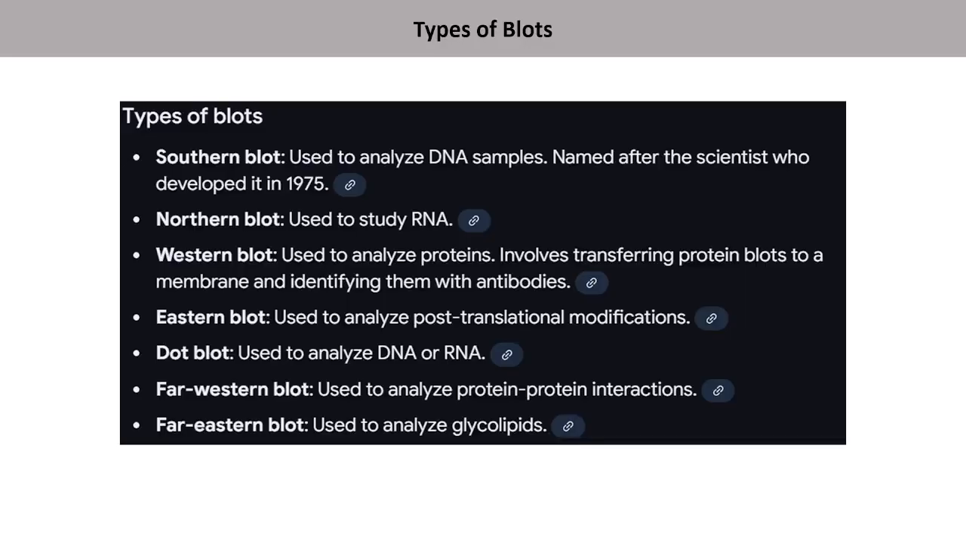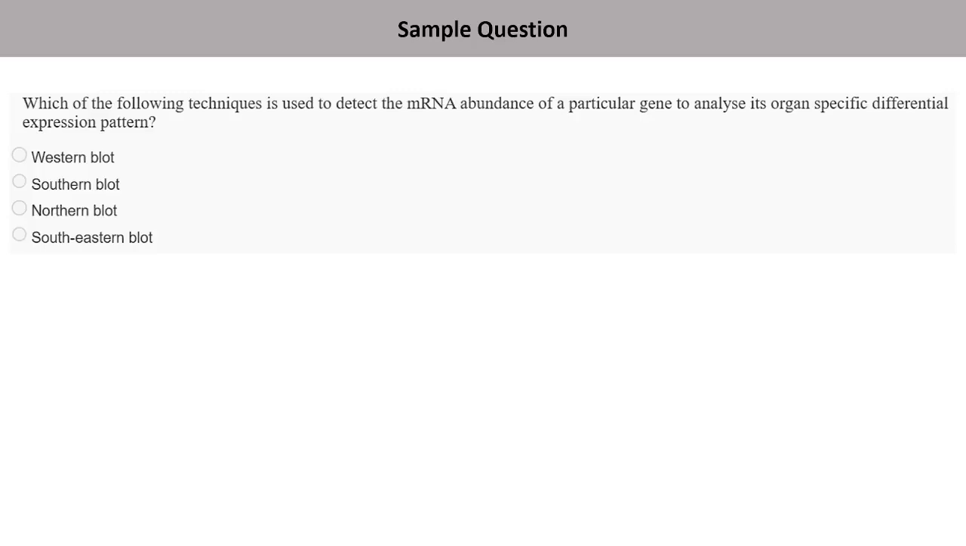So these were the major blotting techniques. And coming back to our question, which of the following techniques was used to detect the mRNA abundance? So mRNA abundance will be,